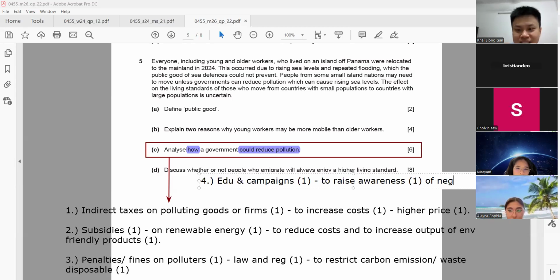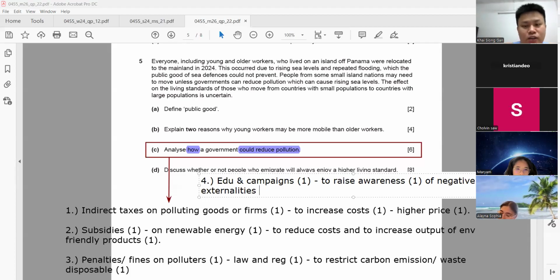Of negative externalities. Remember, when I ask you a question on pollution, I'm expecting the keywords of negative externalities and external cost. Remember, Kaisun, sometimes I didn't see these two words in your answers. So if we talk about that, it can boost your marks, for your information. Okay, to raise awareness of negative externalities, of pollution. If you talk about this keyword, you get another mark also. So you show the examiner that you are applying those economics terminologies that you learned.